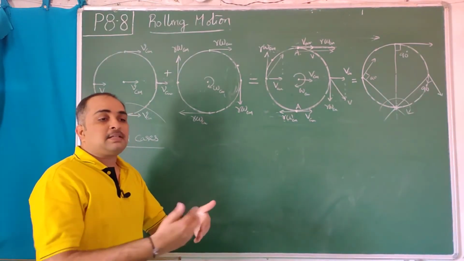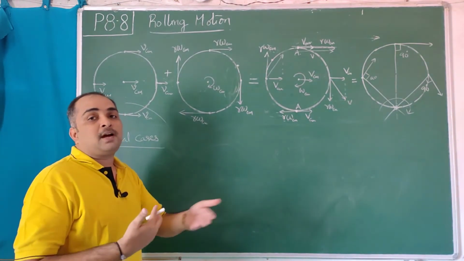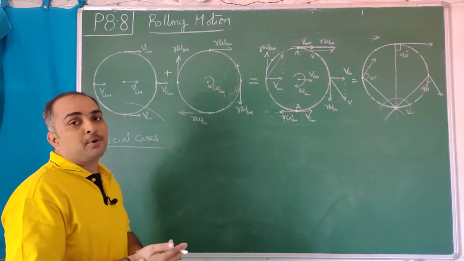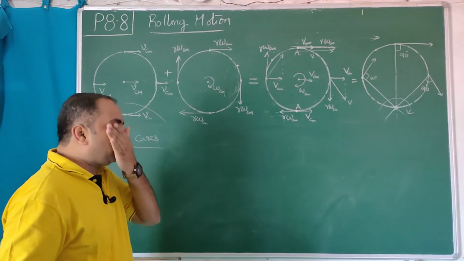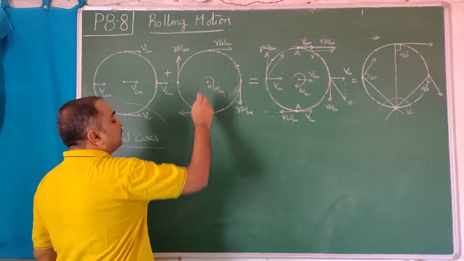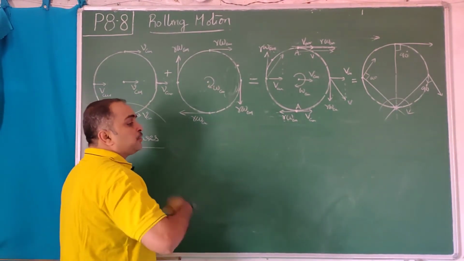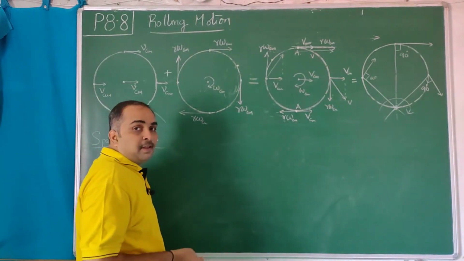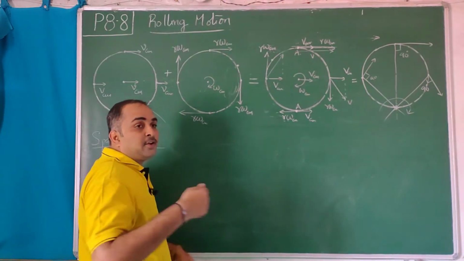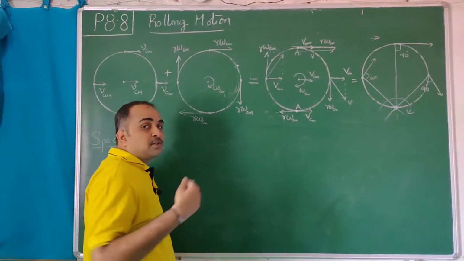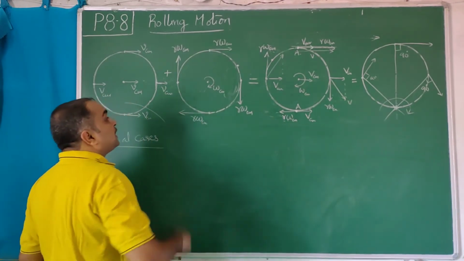loses some of its translation, gains rotation, so that Vcm and r omega cm become equal and no slip rolling starts. So it slips forward, then converts into no slip rolling. This, on a smooth surface, when you keep it, continues to rotate there itself. Like when you keep your bicycle on its stand, the wheel rotates there itself, like a fan.